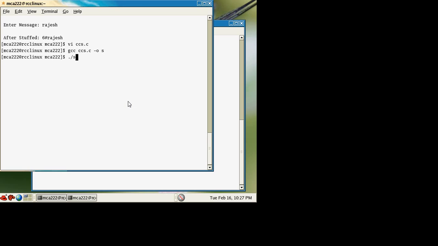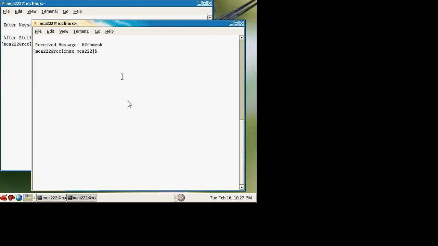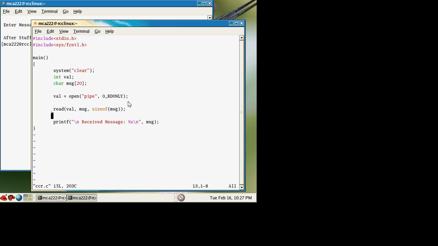gcc. Okay, so at the receiver side we are getting this properly. Now what we can do at the receiver side is the disturb. So for the disturb logic,